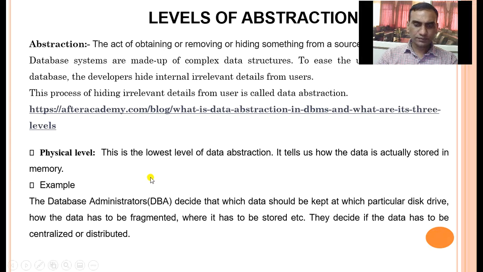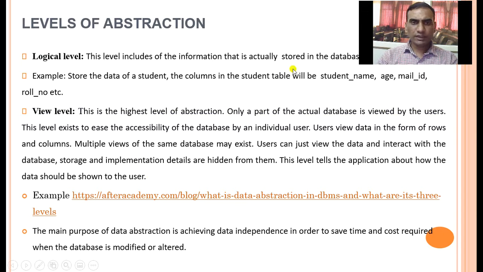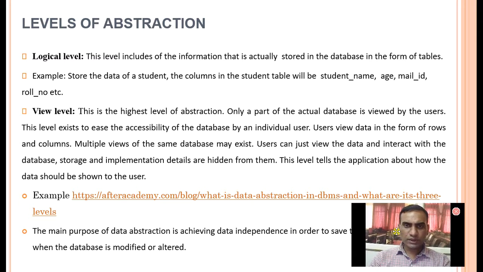The next is the logical level. The logical level includes the information that is actually stored in the database in the form of tables, that is, in the form of rows and columns. For example, to store the data of a student, the student table has student name, age, mail ID, and roll number as columns.